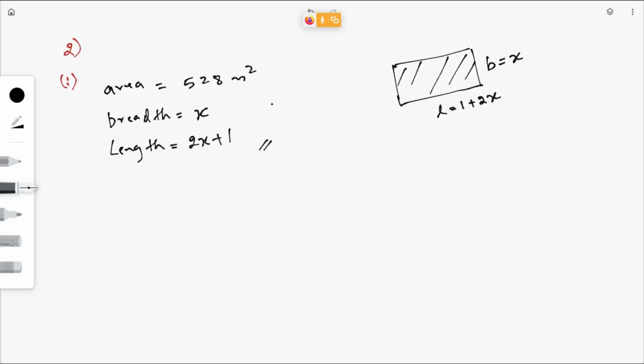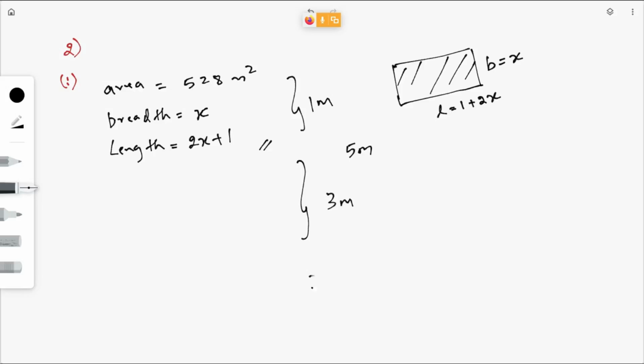Writing the given data is very important. If you make any silly mistakes here, if you take 2x plus 1 or 2x minus 1, the whole remaining part of the solution will be wrong. You don't get marks. So don't make any mistakes while taking the given data. For example, if the question is for 5 marks, you will get just 1 mark for this given data, and then substituting and getting the quadratic equation, you will get 3 marks.